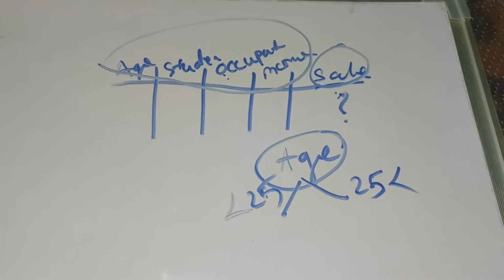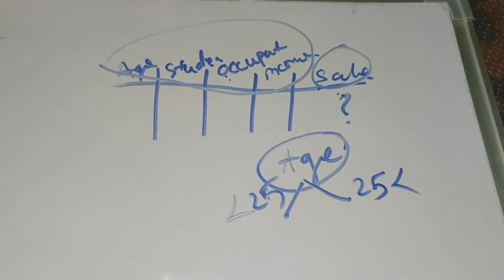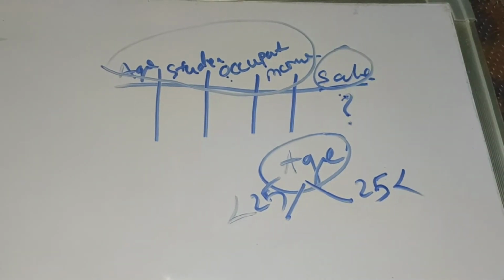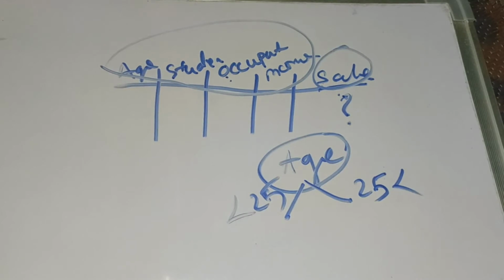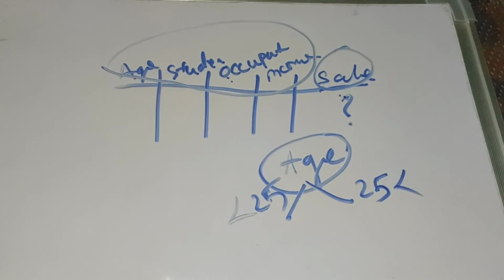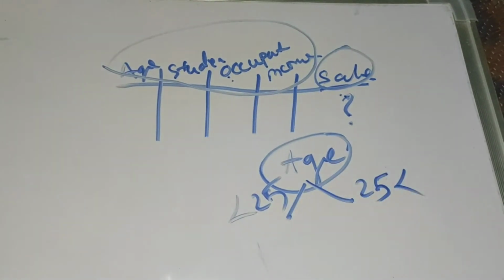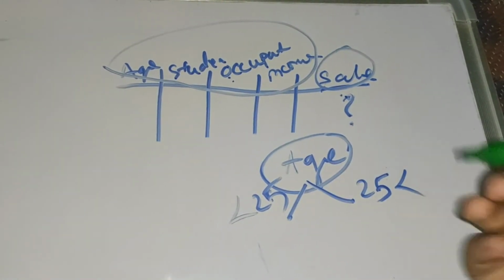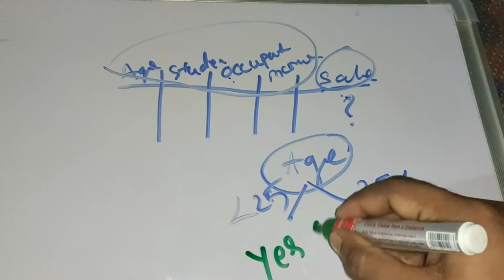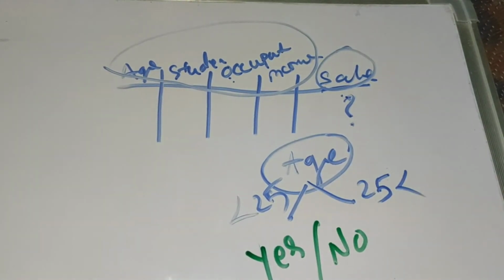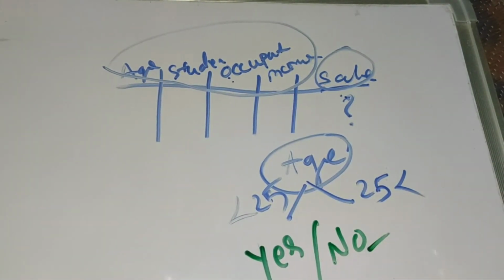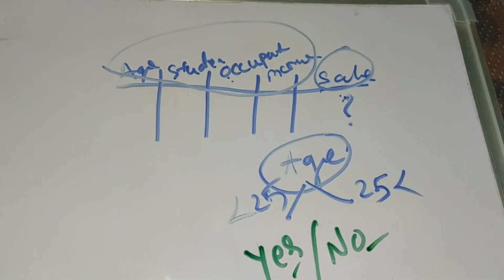As we are dealing with a classification problem, it means in our target attribute there are some sort of labels. Here we are having two labels, yes or no. So out of these two labels we have to choose whether we have to proceed with no or with yes for the new data.